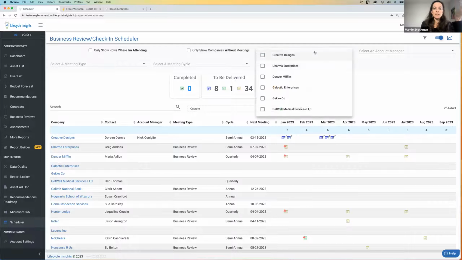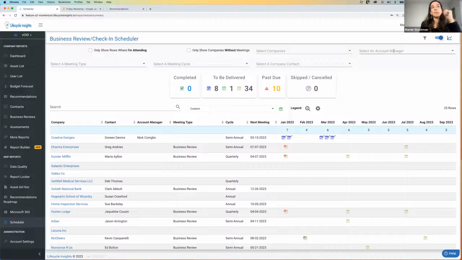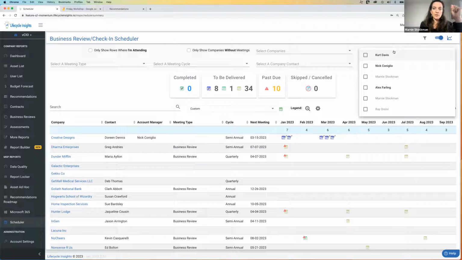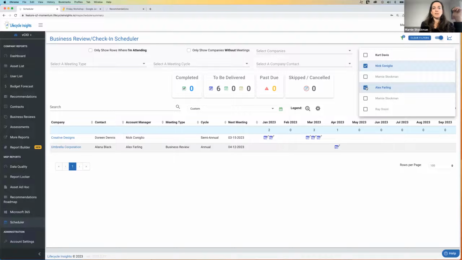So I could multi-select companies if I only wanted to look at a few of the companies. One of the things I'll show you in the business review is you're now going to be able to associate a business review to an account manager. So I can now look at all of Nick and Alex's business reviews. So we're starting to see like,